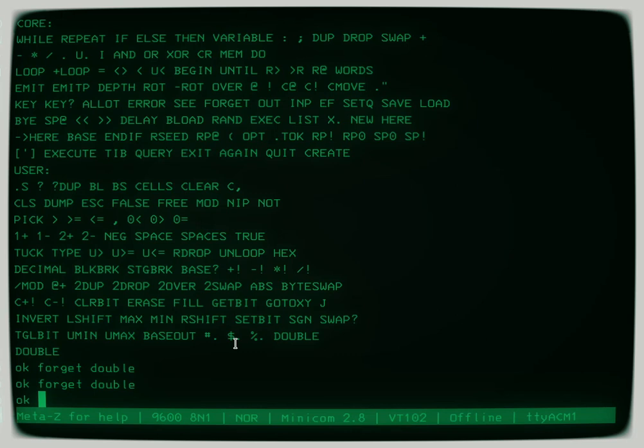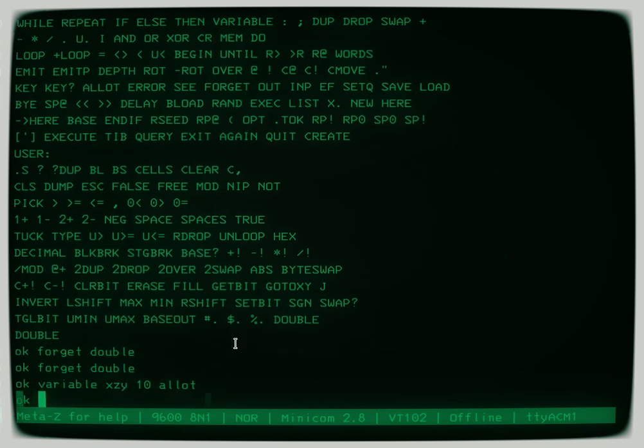But if I make a variable, it used to be everything got compiled into your work area. And so if I made something and said like variable XYZ 10 allot, this was very dangerous because it would write over part of your command line. And if you weren't ahead of where it was writing over, woe betide you, right? And it would cause unpredictable behavior. Well, that doesn't happen anymore. So what'll happen though,